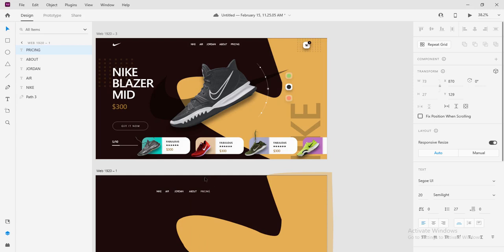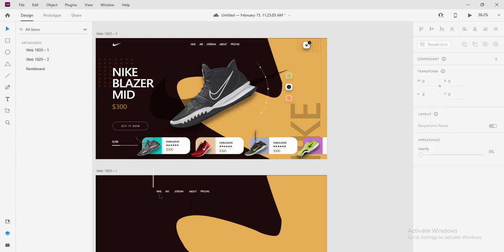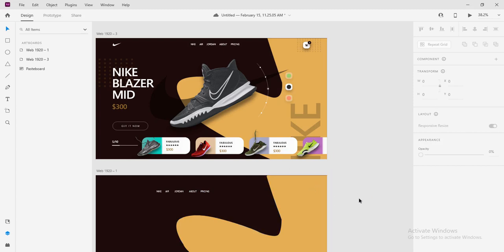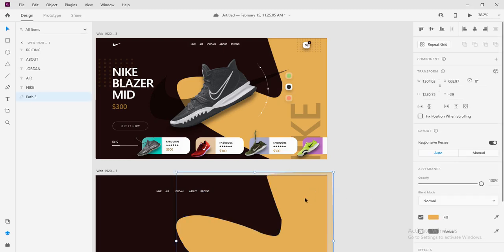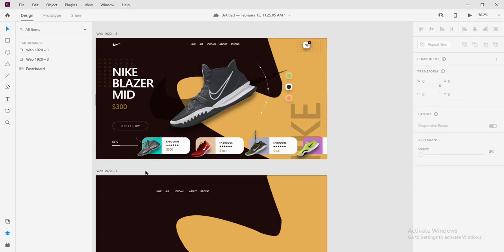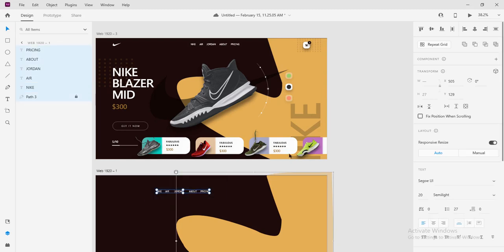Now that we have the menu items, let's just play around with the arrangement. Let's make sure that they are all arranged in a very nice way. But before that, I would like to lock this shape that I created by right clicking on it, then click on lock. Once that is out of the way, select all the menu items, come to the top right here and click on distribute horizontally, so that all the menus are distributed,